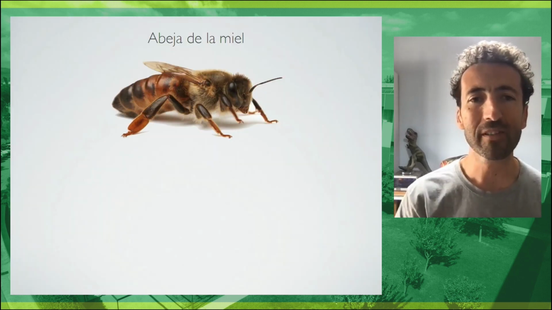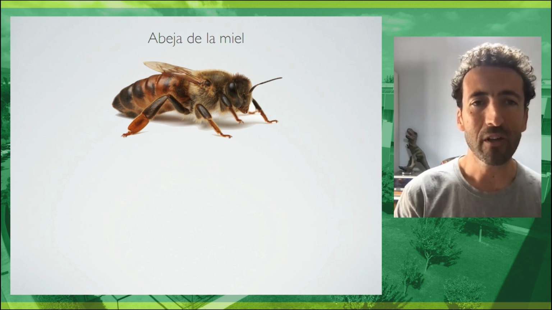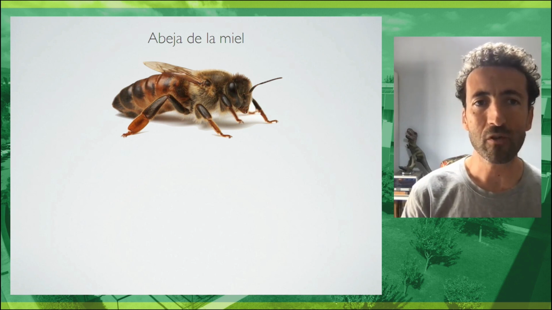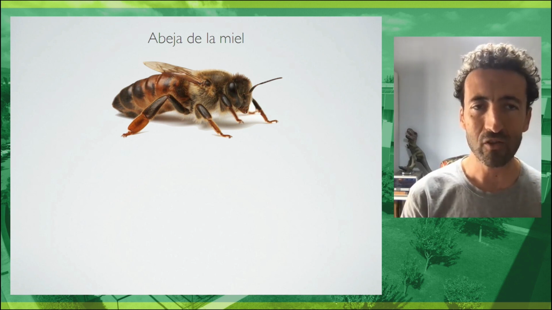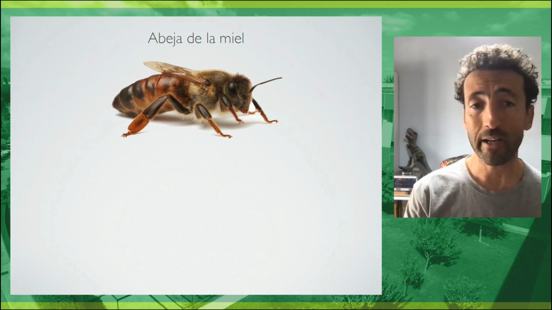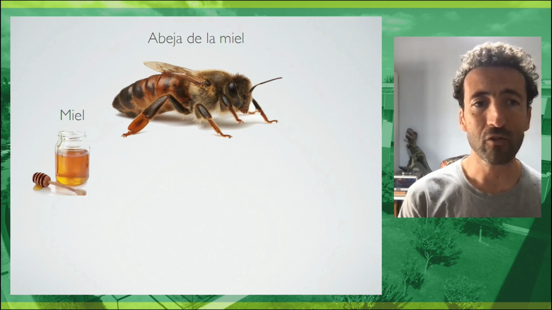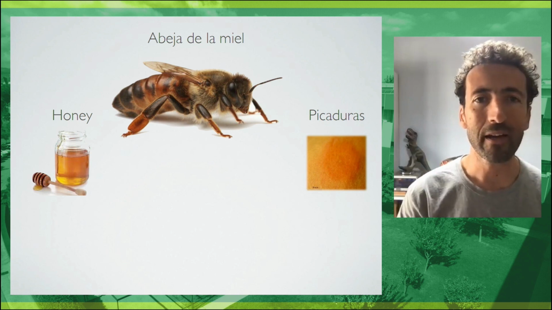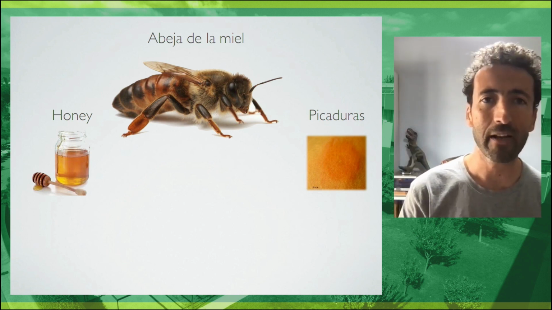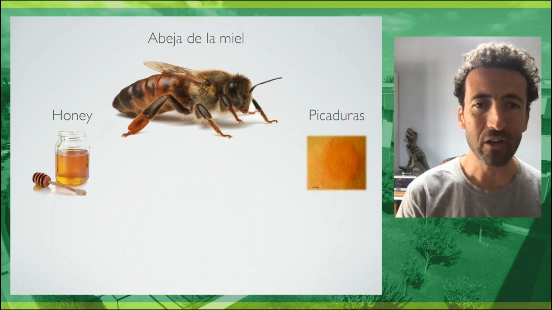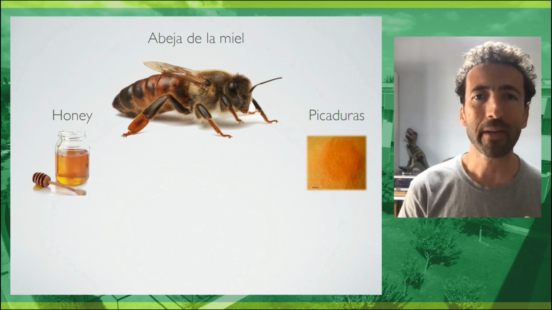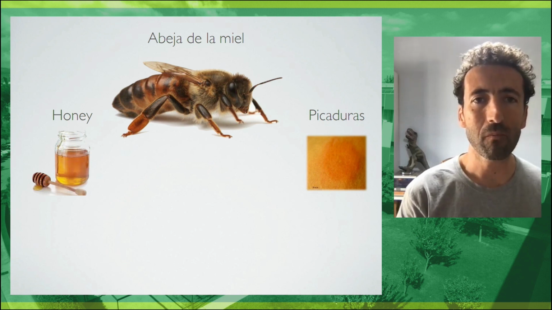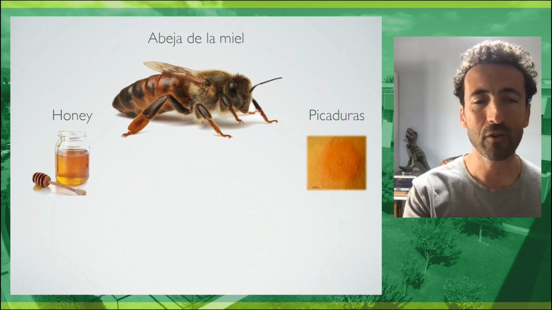I think that most of you will have thought of a honeybee. The honeybee is the one we see in cartoons, the one we are most familiar with since our childhood. That's logical, because honeybees produce something very sweet that we like, honey. We also associate honeybees with stings because they defend their honey. Sometimes you may bump into them, but honeybees are a small sort of bee within the world of bees,